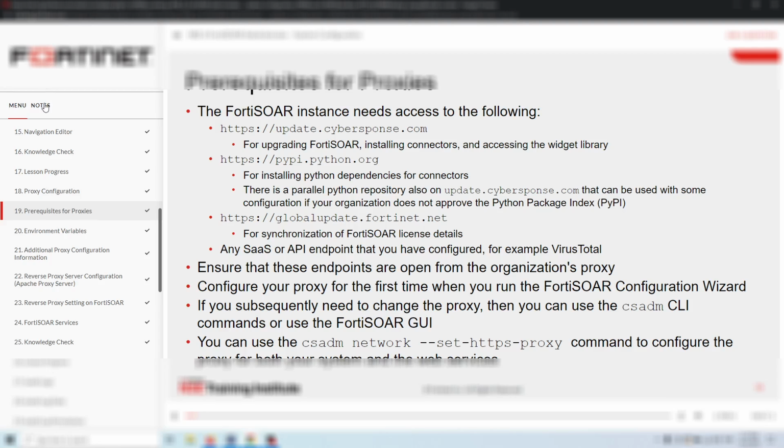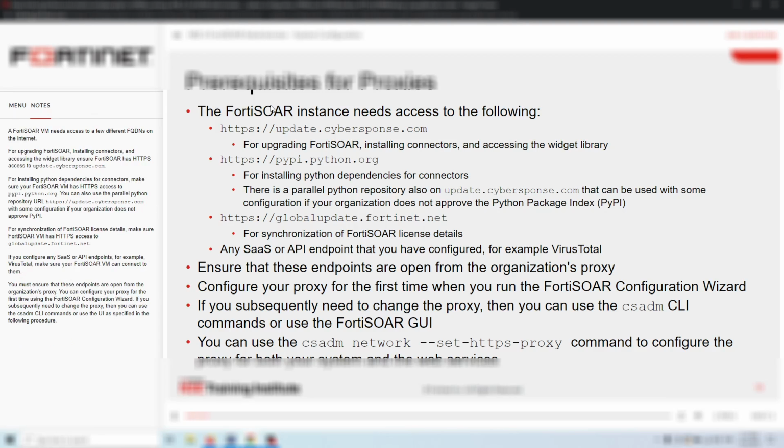A FortiSOAR VM needs access to a few different FQDNs on the Internet. For upgrading FortiSOAR, installing connectors, and accessing the widget library, ensure FortiSOAR has HTTPS access to update.cybersponse.com. For installing Python dependencies for connectors, make sure your FortiSOAR VM has HTTPS access to